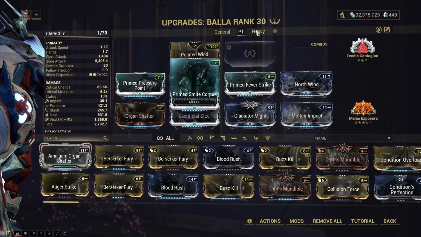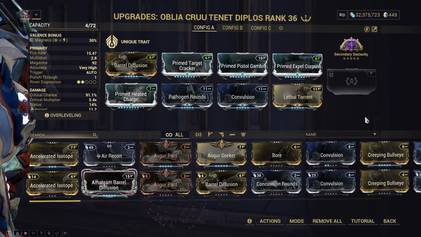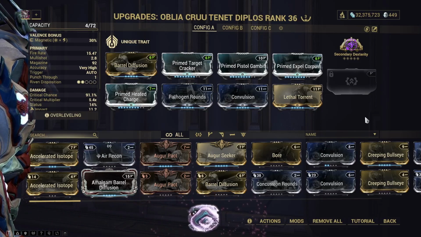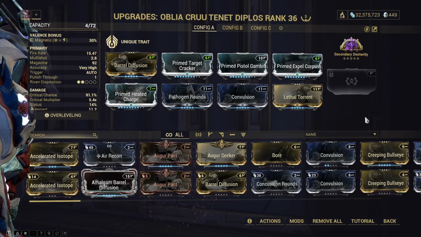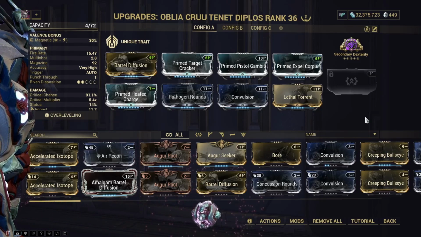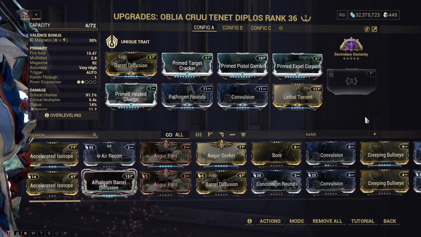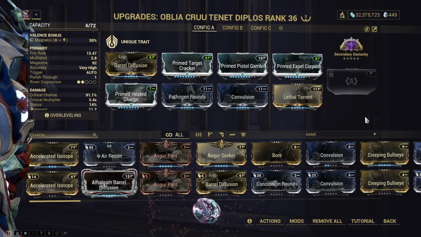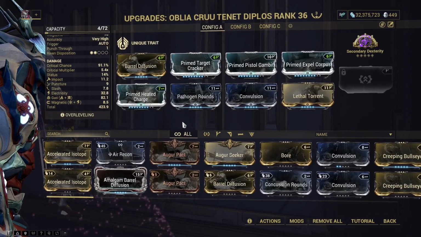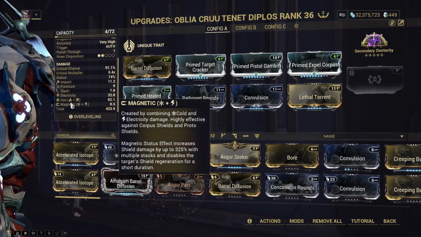Profiteer is a Corpus unit, so Corpus faction mods do work on her and will greatly improve your damage output. The Tenet Diplos is used first and foremost because it is a Tenet weapon, and Tenet and also Kuva weapons gain an additional element from the Kuva/Tenet system, which is very useful for Profiteer as we want to have as many elements as possible. In addition to that though, Tenet Diplos is a fast firing weapon with good stats, and the best type of weapons to use against Profiteer is fast firing weapons. Again, we have a very simple, just a raw damage build set up with specific elements to take out our Profiteer. We get magnetic through the Tenet